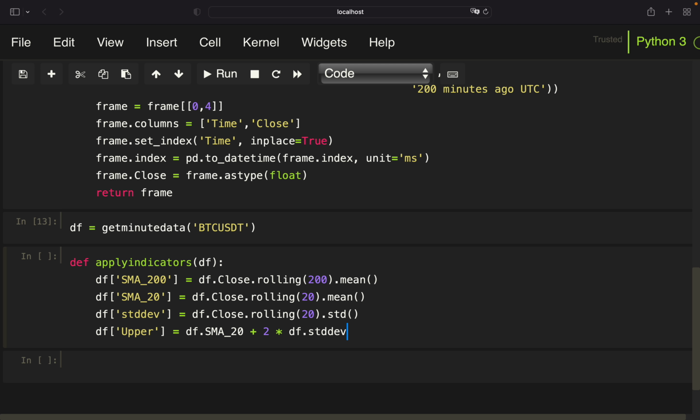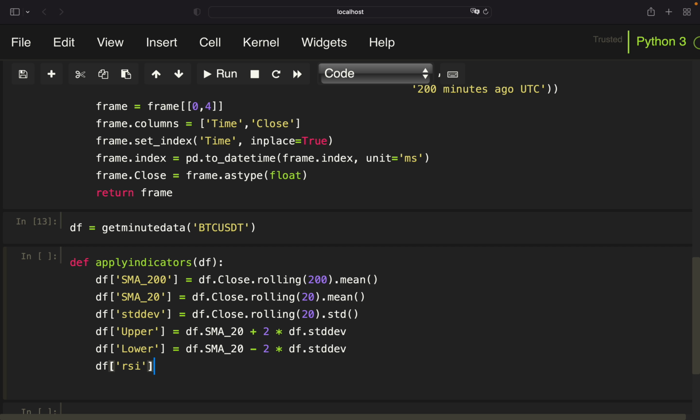But you can also try out 1.5 or 1 or 2 or whatsoever. I'm taking 2 standard deviations, so I'm taking the standard definition of Bollinger Bands here. So same for the lower band, 2 times the standard deviation, and with that I have defined everything what I need for the buying condition, and selling condition is